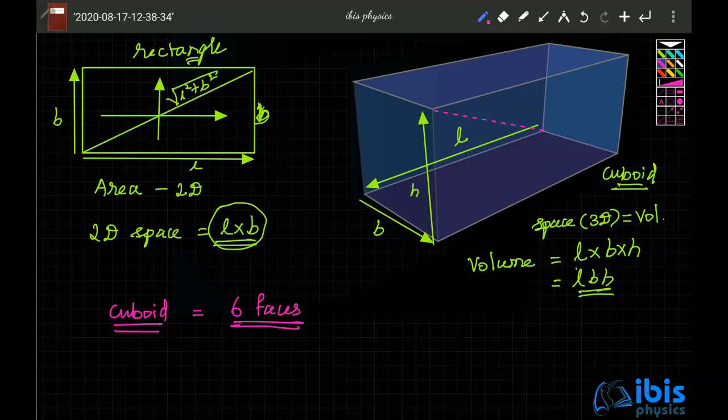Imagine that you are inside the class, and in front of you there is a wall, behind you there is a wall, to the right there is a wall, to the left there is a wall, above there is a ceiling, below there is the floor. So there are 6 faces. Then the corners. Behind you there is a wall, right? The wall has got 4 corners, and then in front of you there are 4 corners. So a cuboid has got 8 corners. So 6 faces and 8 corners.